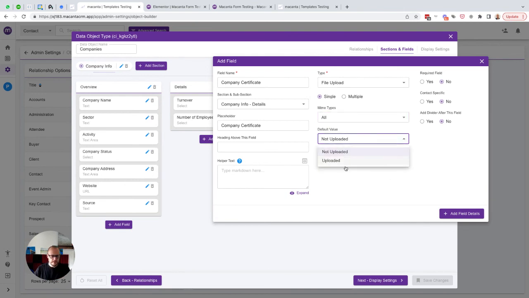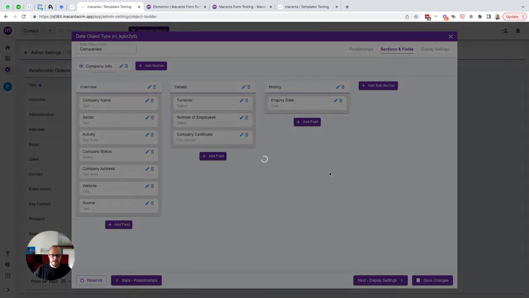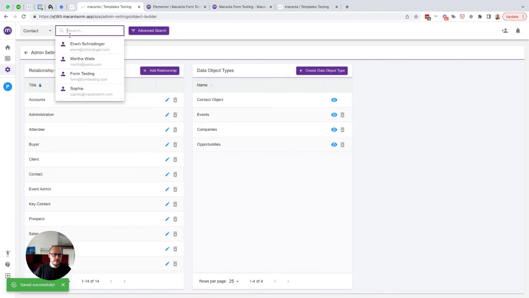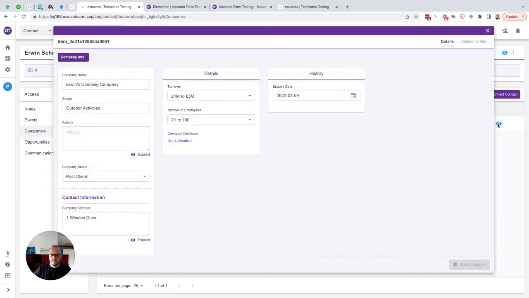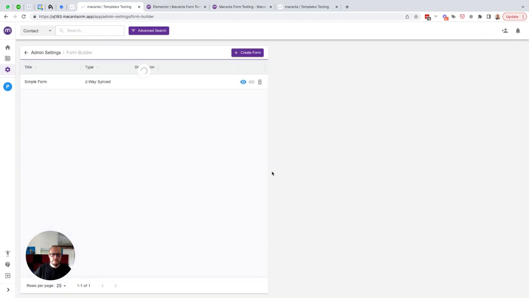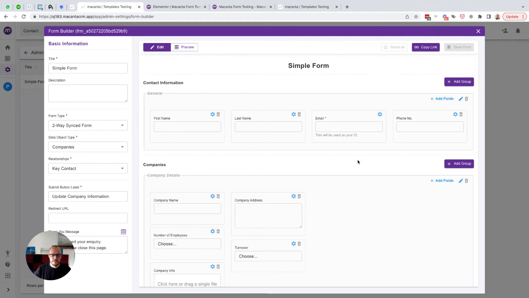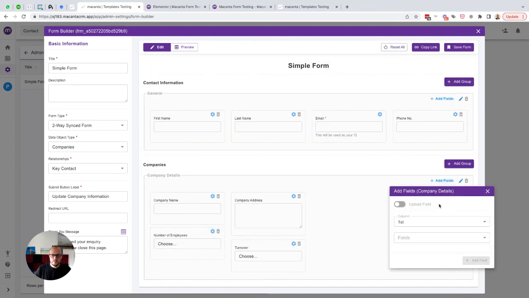These options, not uploaded and uploaded, are hard-coded, so not uploaded is the default. We add that, and then I can save that. So now when we go back to Erwin, look at his company, I can see here certificate not uploaded. Okay, so now we can go and amend our form to update that field when the certificate is in fact uploaded. So I'll get rid of this one here and I'll add a new one, and we say yes,